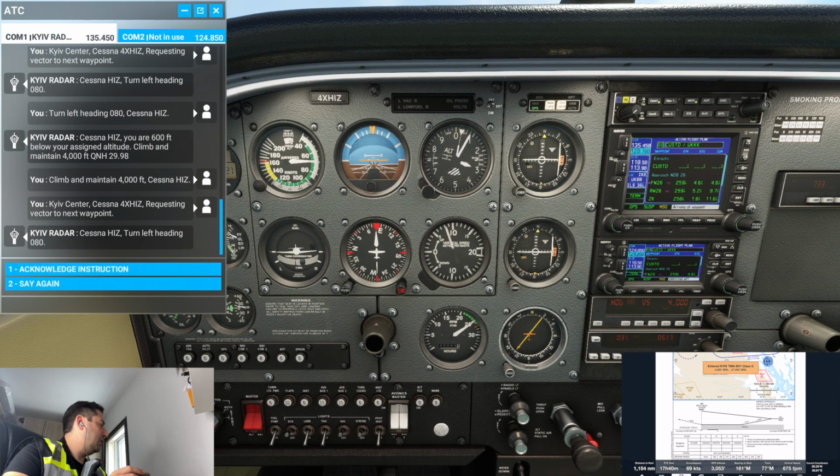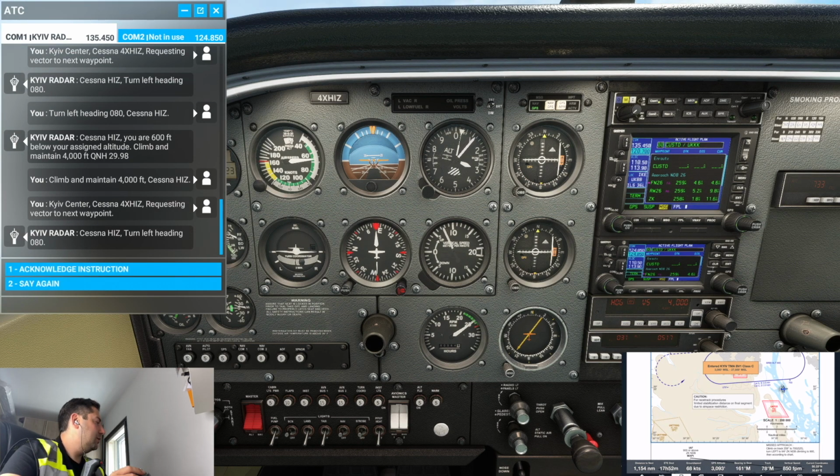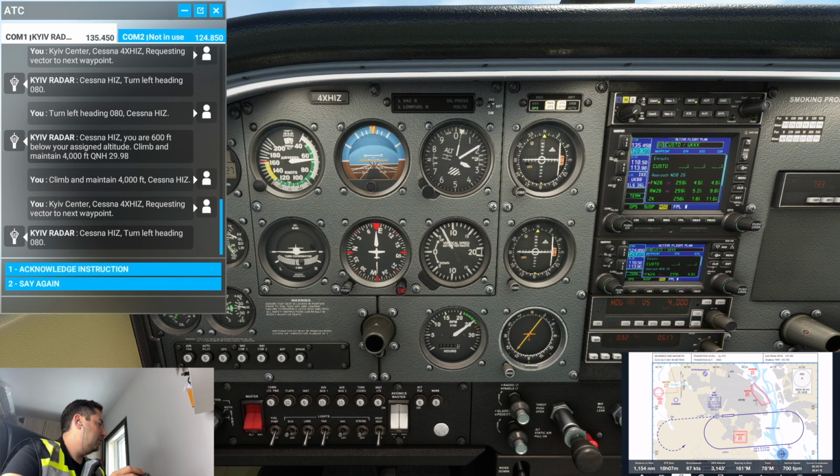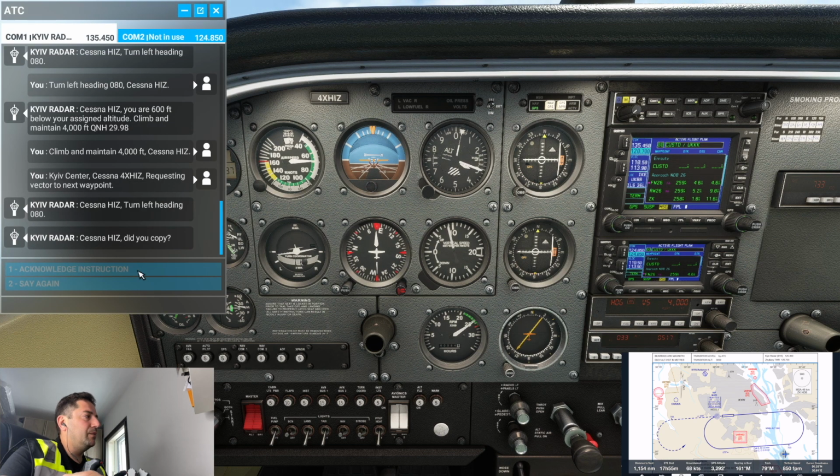Very interesting why the ATC continues to keep me at a high altitude while I'm still on 4,000 feet. We will know in a second. So that's why I got lost, because as you can see, a relative bearing is